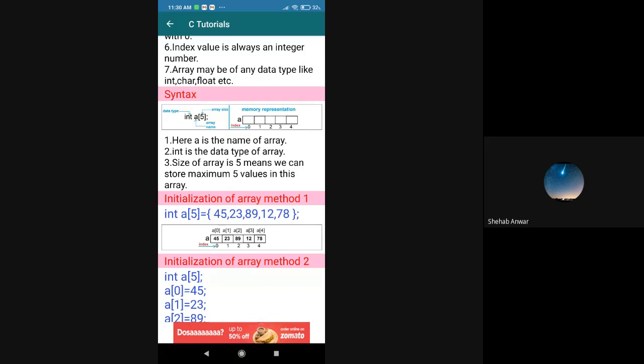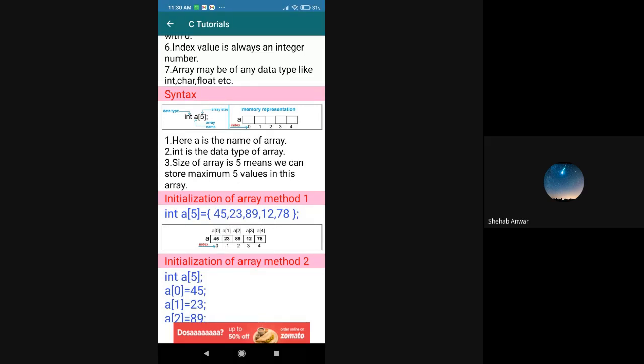It is out of range, because, as I told you, a of 5 is the size. Here we don't have a of 5. The size is 5, but the index number is something else. So here it is crossing my box, so it says undefined. If I say a of -1, it is also undefined, because negative values will not be available in the index of the array. The index number always starts from 0. So overall 5 elements are there.